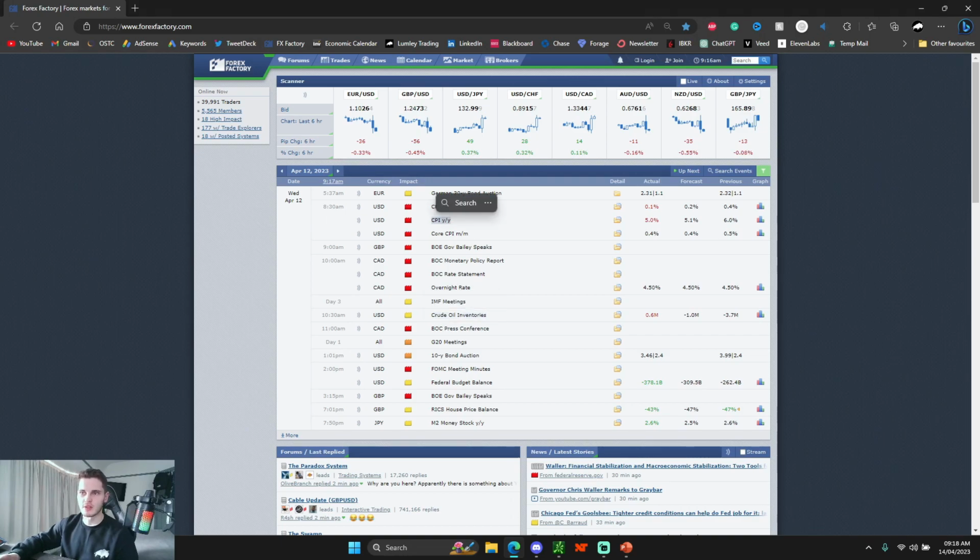CPI, though, is something that's going to affect everything. It's going to affect your futures, your bonds, your stocks, your options, everything. So this is going to be a key one. Again, this is why we talked about it in the previous slides. But what you can see is the difference: crude oil inventories really only affect crude oil. It comes in this yellow folder. On the CPI, you can see it's red. That's because it's a high impact release, and high impact is usually going to affect more products.